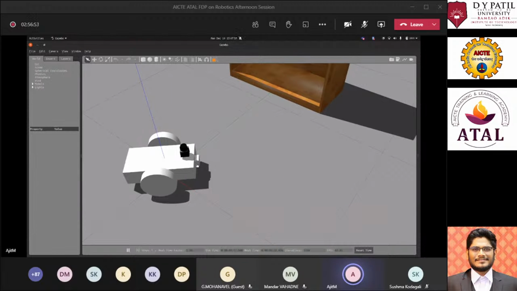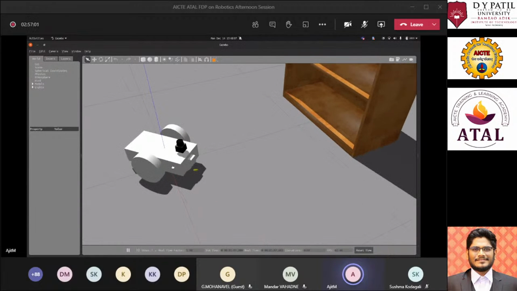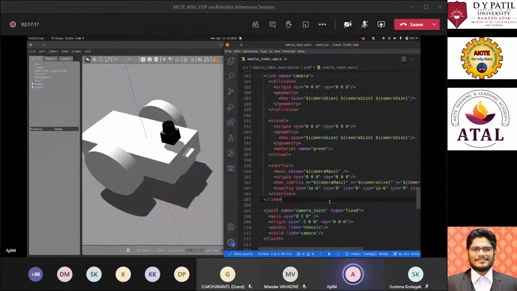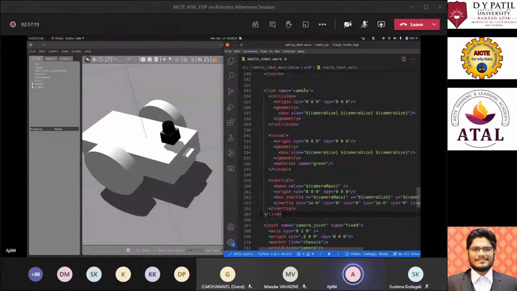Here you can see a small cube, and this cube indicates the camera. I have created a link, attached it to the body, and attached the sensor to this specific link. If we go back into the code, you can see this is the link name camera.